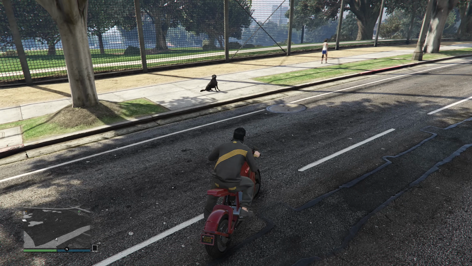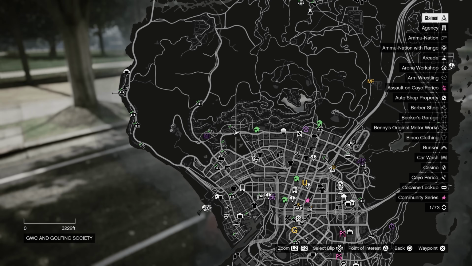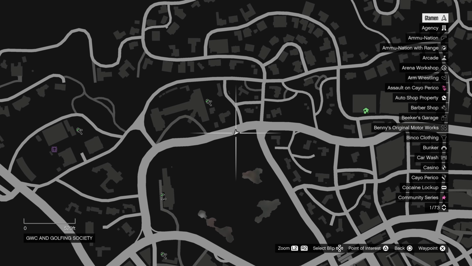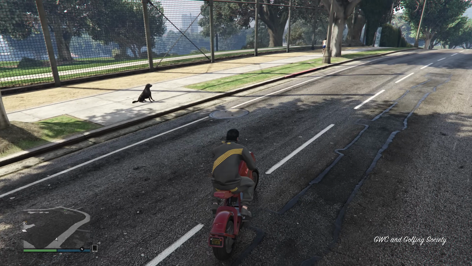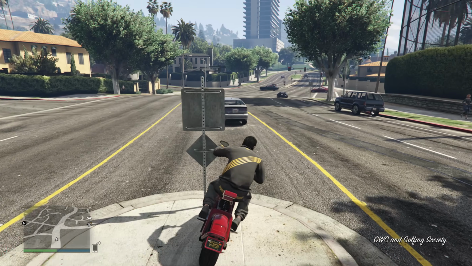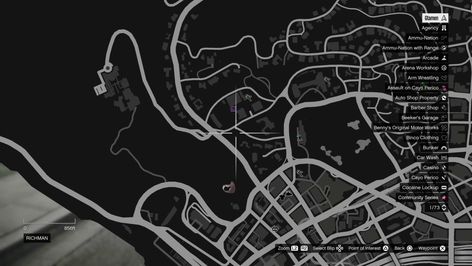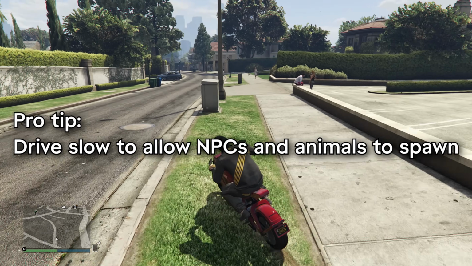Dogs in particular also seem to be an RNG fest. The poodle doesn't have a consistent spawn, and really the only way to go about dogs, for what I could tell, is to go to this location north of the golf course. There seems to be a pretty consistent spot of where there's just a dog just hanging out there,